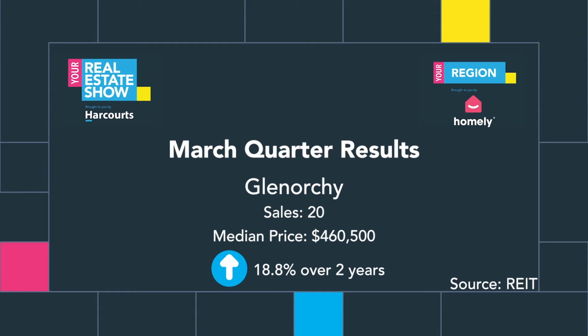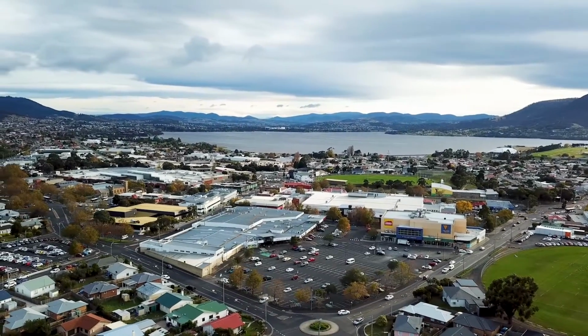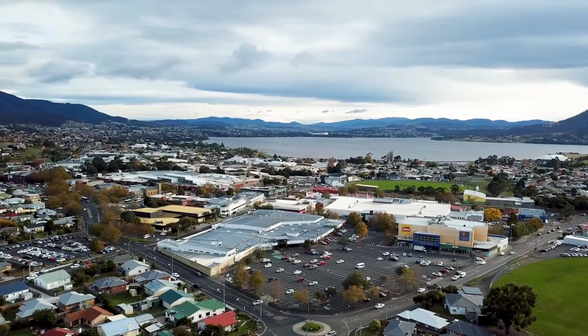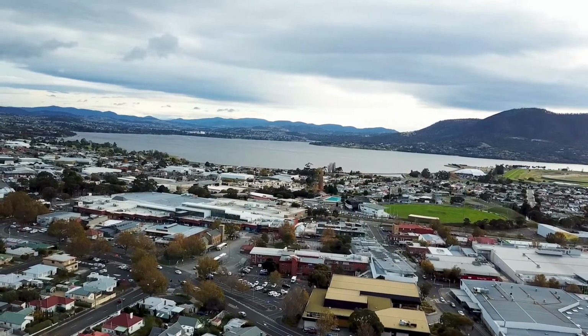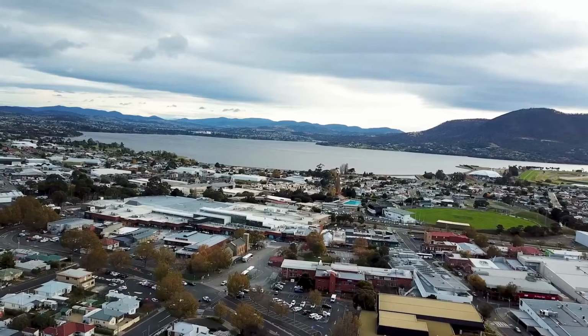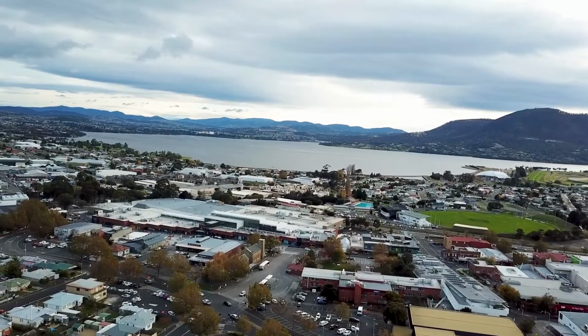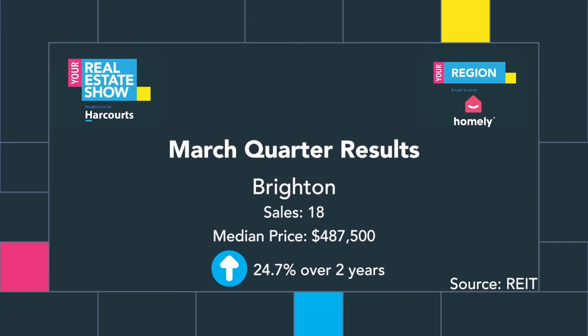There's lots of things happening in the Glenorchy area. People are seeing it as a really good place to live. Very progressive council there. We've got the redevelopment of the Dawn Entertainment Centre happening at the moment, and there's some big things happening at Wilkinson's Point to follow that in regards to hotel and accommodation. And then if you track a little bit further out, you head to Brighton, and it's really interesting to see the figures there as well. We'll take a look,